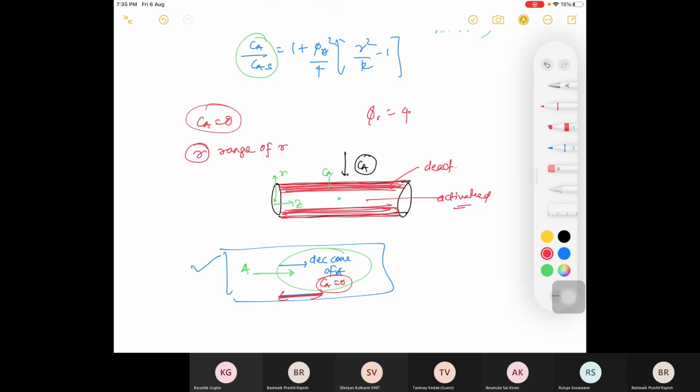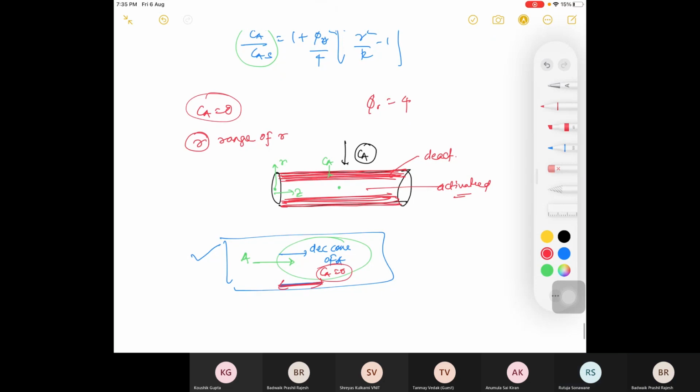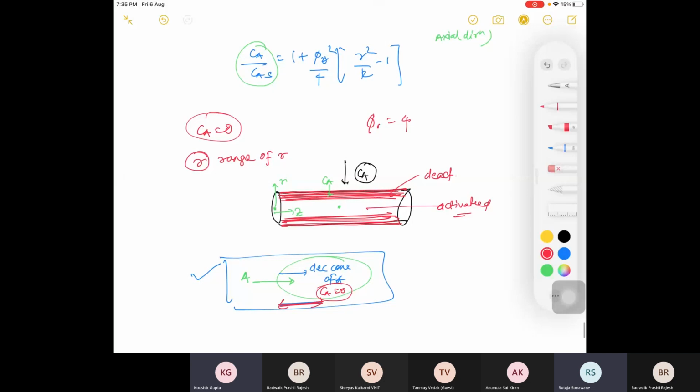Very easy question. The formula is also given. You need to find out R where CA is 0. The answer is root 3 by 4 into R. How did you calculate it? Just by putting CA equal to 0. See, there is penetration of reactant into the catalyst. As I move inside the catalyst, there will be a decrease in concentration, and at some point the concentration is equal to 0. Here you can see up to this layer it has penetrated, and here it is not penetrating. So here everywhere the concentration will be 0.